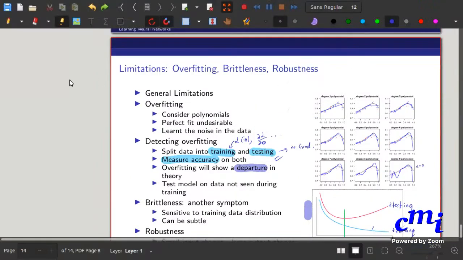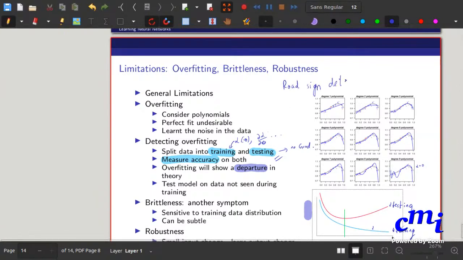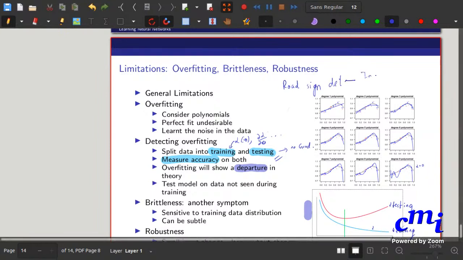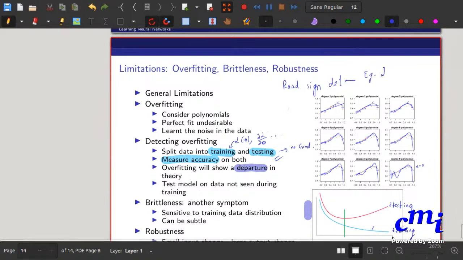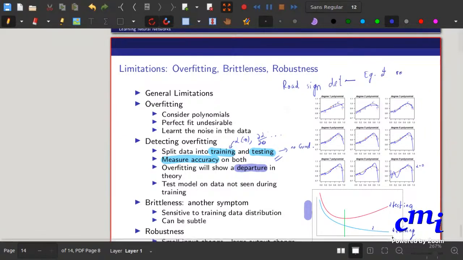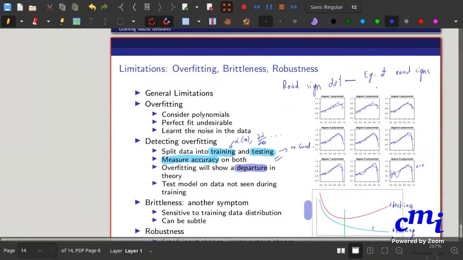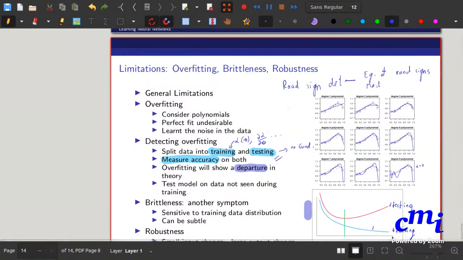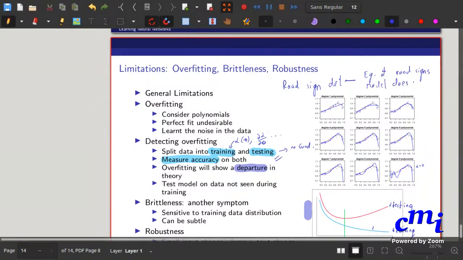So you might be training a network to capture some concept like, let's say, road sign detection. But what you really have is just input-output examples. You just have a bunch of examples of road signs. As a human, maybe you know exactly what you want in terms of being able to detect road signs, but you can't really capture that into code. What you have instead is examples of road signs, which means that at the end of the day, you'll have a model that does well on some examples. And fundamentally speaking, this can't really tell you anything about what will happen in general.